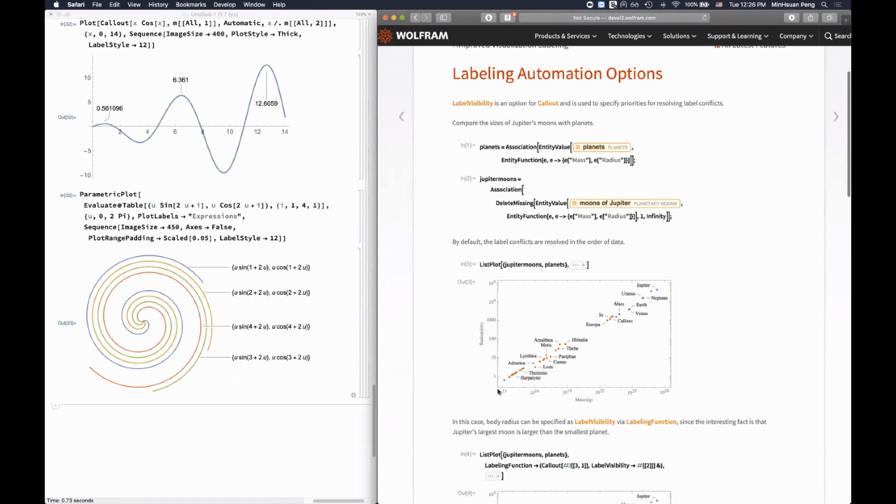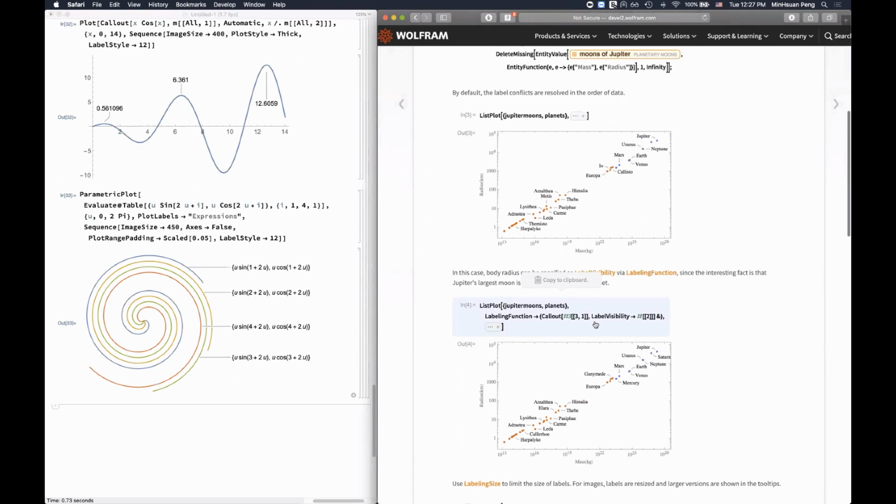By default, the labels are ordered based on the input in the algorithm. So you can see that the ones specified later were removed because they would run into each other. But you can specify the label visibility in a way so that it is rendered